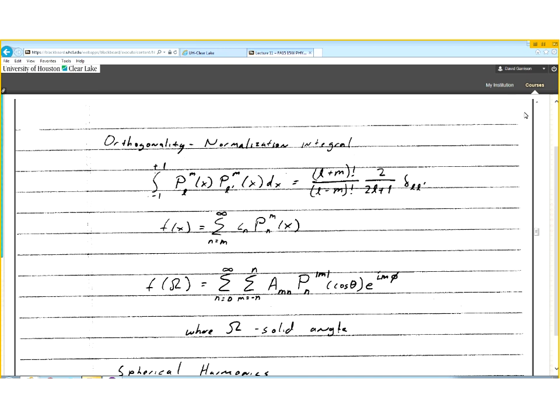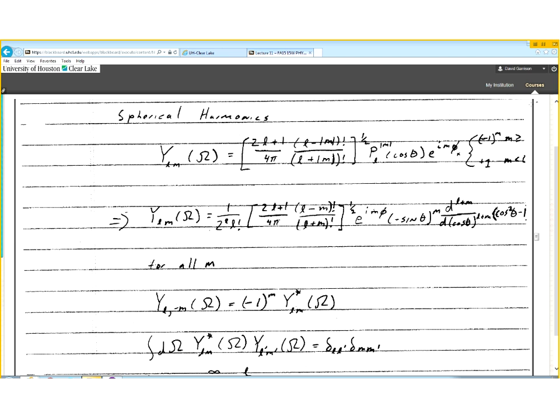All right. So this takes us to spherical harmonics. And the idea of spherical harmonics is that these are essentially the associated Legendre polynomial solutions that you have, only we've added some extra stuff in here to normalize them. So that now you have your associated Legendre function, and you can see here that there's either plus 1 or minus 1 to the m, depending on whether m is positive or negative. And you can see that this is written here in terms of the associated Legendre function. This is it written in terms of the derivatives